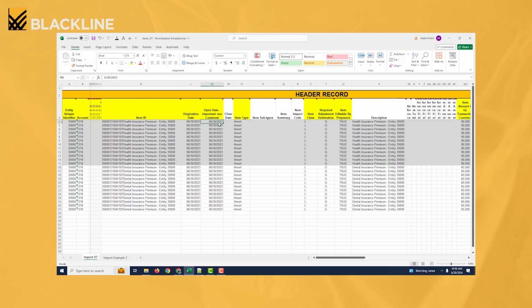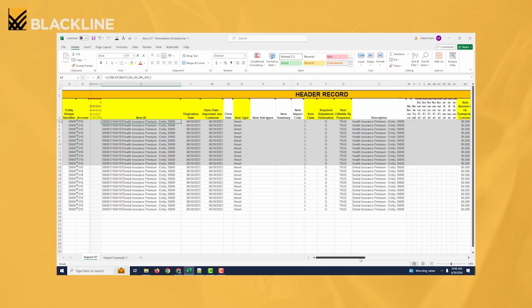It's going to have an open date of June 30th. Here's my entity. Here's my GL account. And again, if you're familiar with this file, you always need to create a unique ID in the item ID field over here. And so we just copy those records down 12 times because we're going to be amortizing